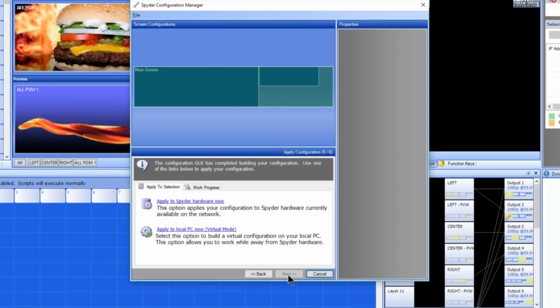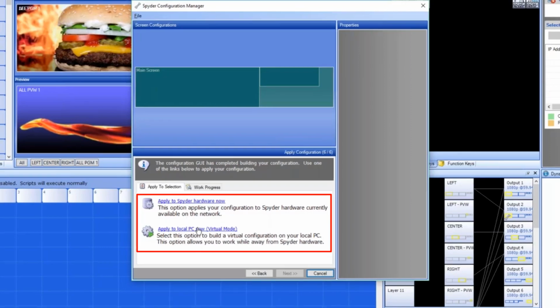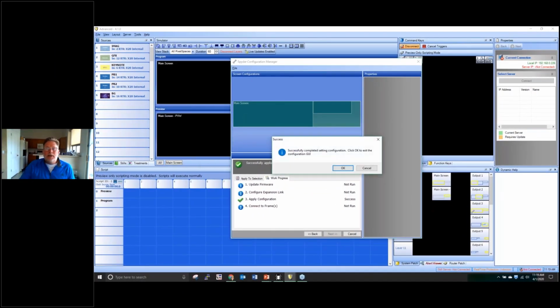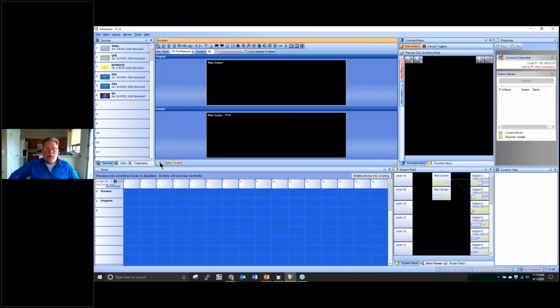So at this point, it has two options listed there. If I had specified a very specific Spyder on the network at the beginning of this process, I could say, go ahead and apply to the Spyder hardware now. And it would go ahead and push that configuration on the Spyder. It would reboot itself and boot back up, and we'd be connected. Since we are in virtual world here, I'm going to go ahead and just apply this to the PC now in virtual mode, okay? Takes a few seconds, get a confirmation here, you say okay,